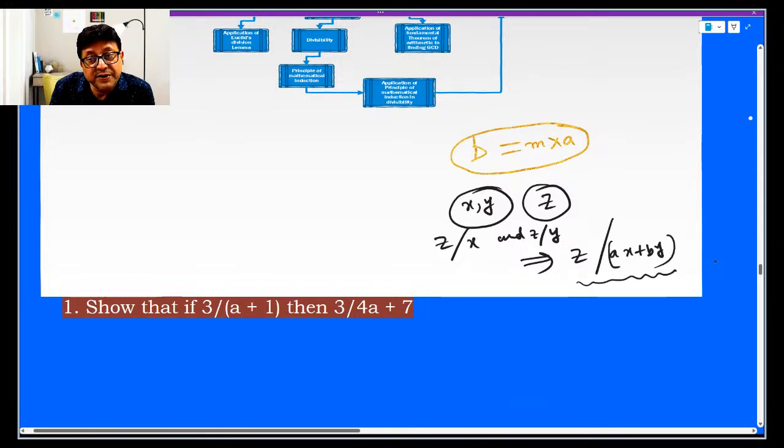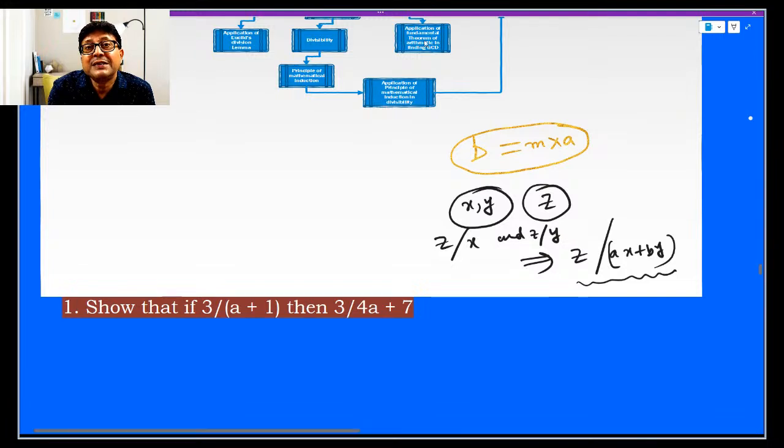You can see the reverse way also. Whether z will divide ax plus by or not, you can prove it separately that z will divide ax, z will divide by, then z will divide their sum, their difference, even their product. Am I correct? Like when you are saying that 7 divides 21 and 7 divides 14,